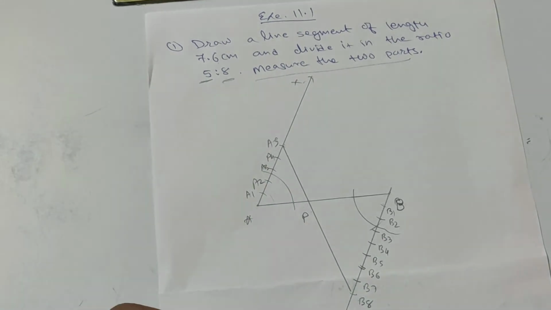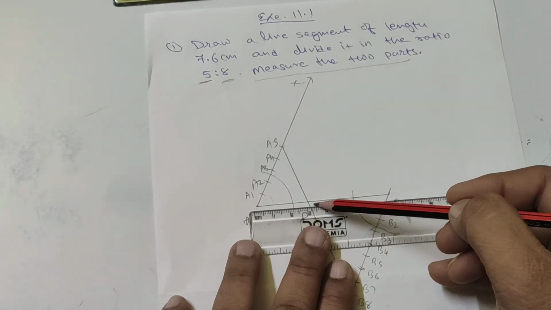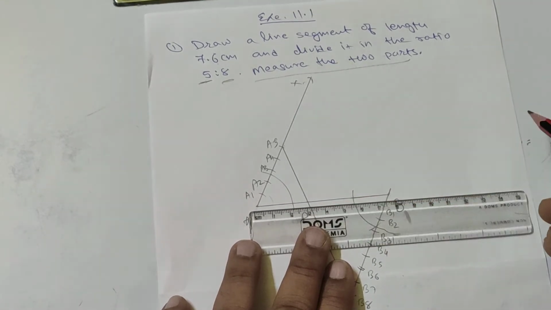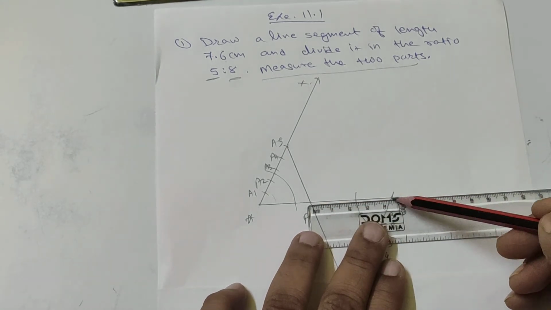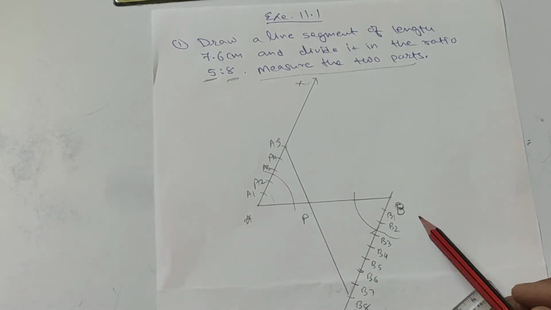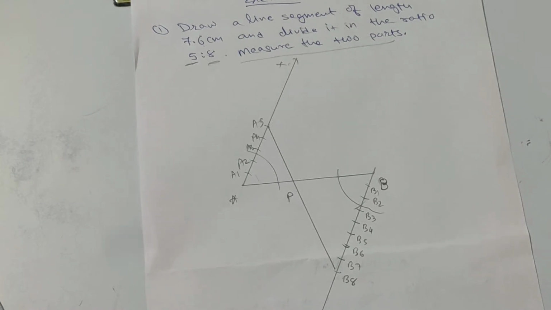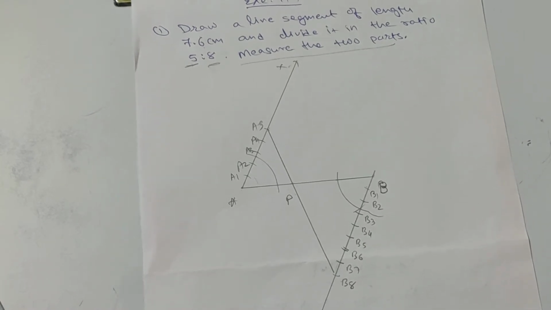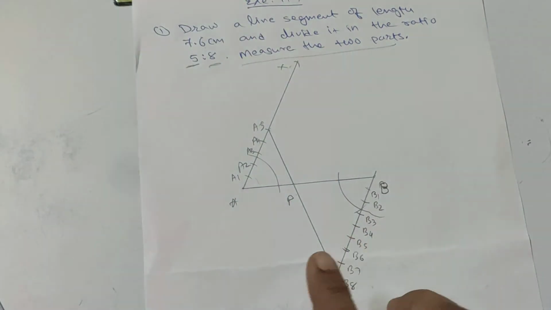And what you have to do is measure this AP, which seems to be 3.1 or somewhat, and you'll also have to measure this, which is approximately 4.5. So you also have to write AP and PB. So this is the first construction. So hope you must have understood this. It's very easy, but the only thing you need to make sure is these two rays are parallel. If these two rays are parallel, it will be precisely correct for you.